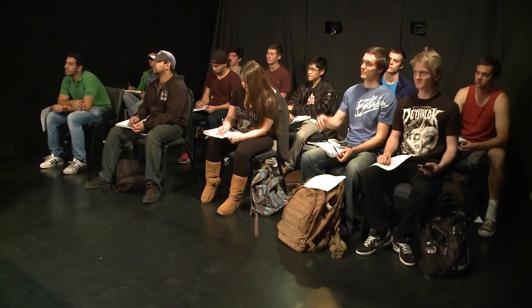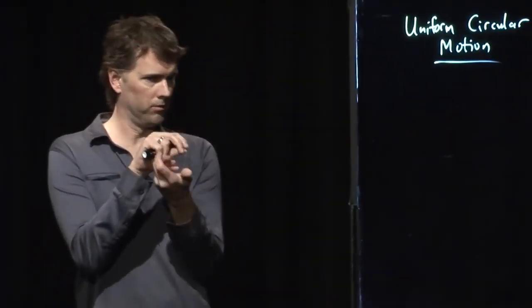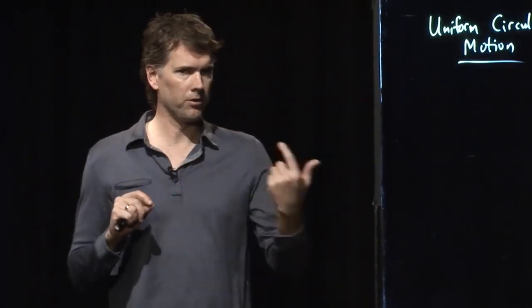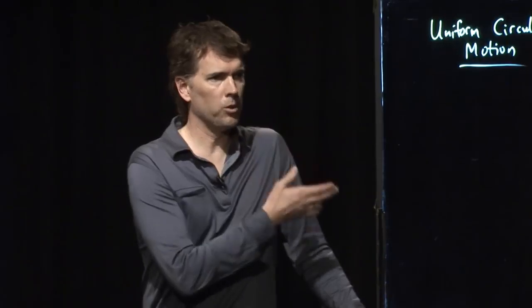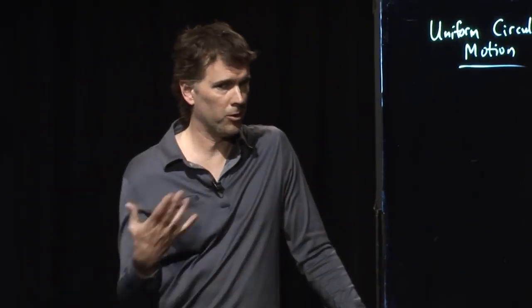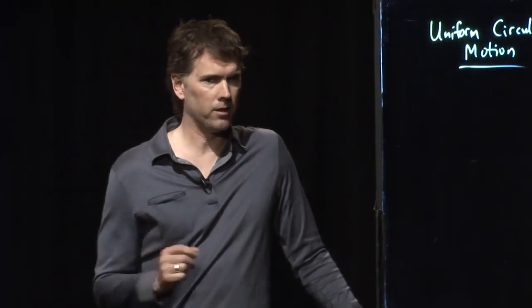Yeah? I see some heads nodding. Why? If you have a thought, raise your hand. Yeah? Because we're orbiting the sun. Because you're orbiting the sun. Okay? The Earth is, of course, orbiting the sun, and therefore we are moving in a circle. But we're also spinning on our axis, right? The Earth is spinning, and so we're moving in a circle here as we are trapped on this Earth. And I would say that, yeah, we are definitely accelerating. Because if you are moving in a circle, uniform or non-uniform, you are, in fact, accelerating.